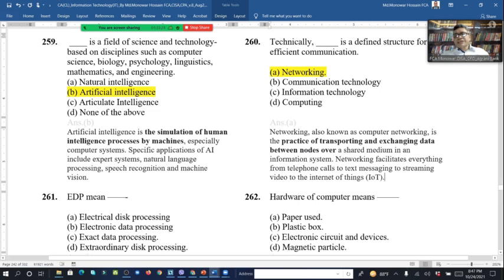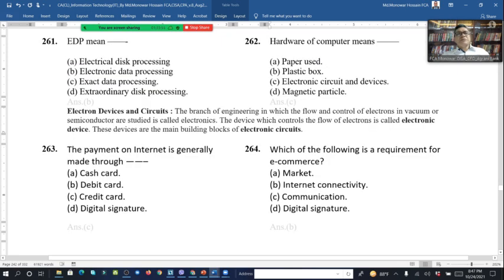Network facilitated everything from telephone call to text message to stream video to the Internet of Things, IoT. EDP means, you know, it is very easy. EDP means electronic data processing. So another one, hardware of computer means